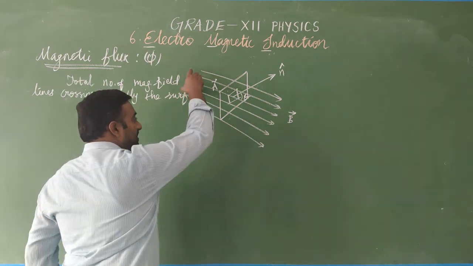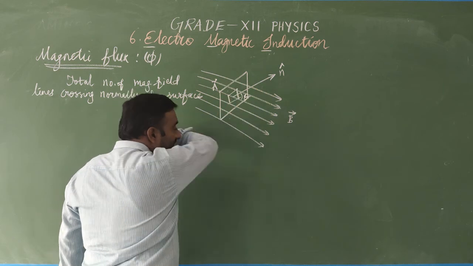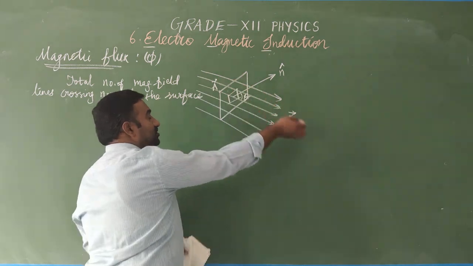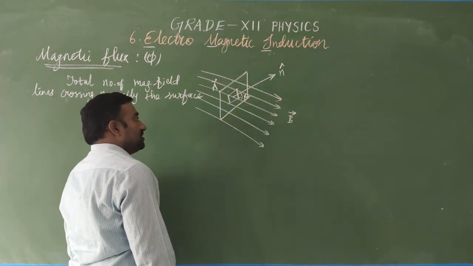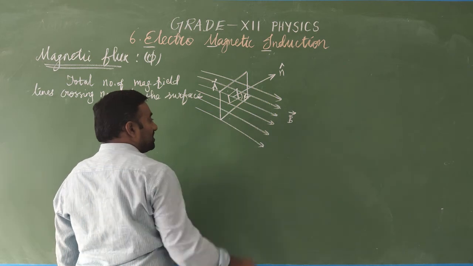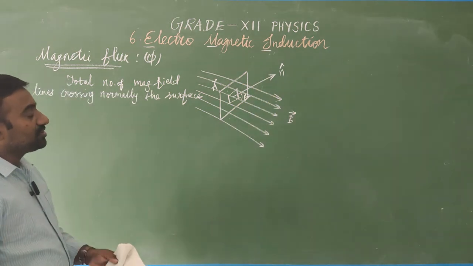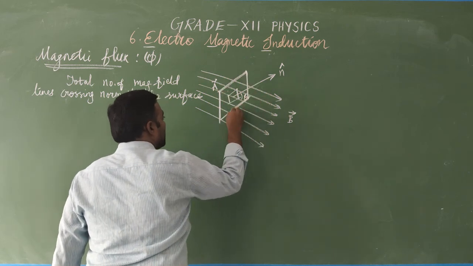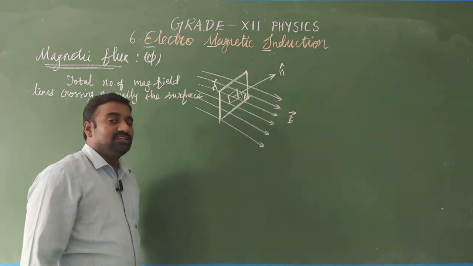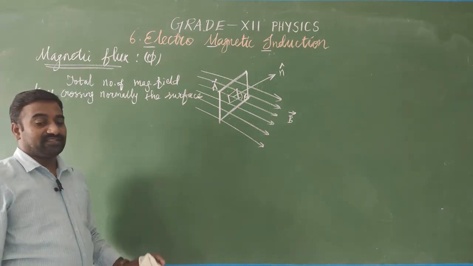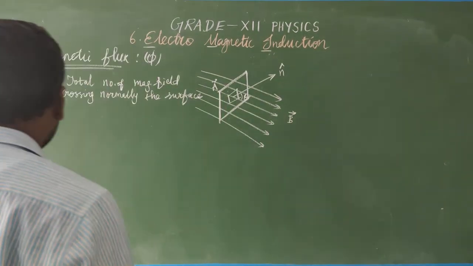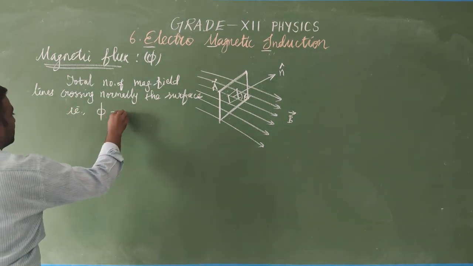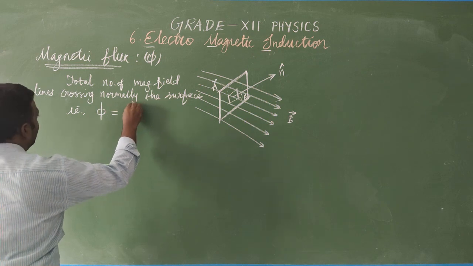It's the same. This is an external magnetic field and this is the area element, and perpendicular to the plane of the area element a normal is drawn, it is 90 degrees. The normal makes an angle theta with the field. So how many field lines are crossing this area? Within this certain area, the number of field lines crossing is denoted by magnetic flux. Here we can say the magnetic flux phi is equal to B vector dot